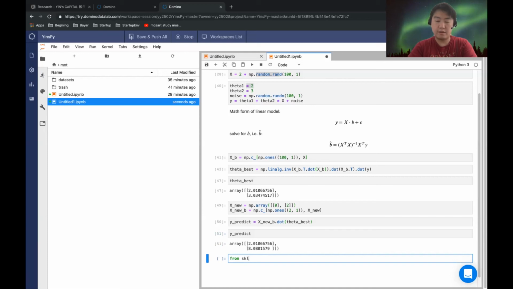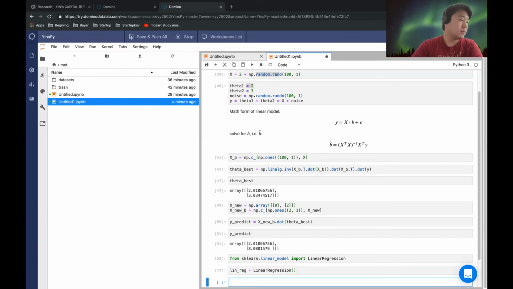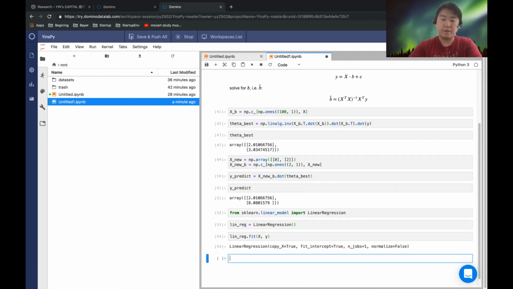So from scikit-learn, we're going to call linear model, import LinearRegression. Boom. And we're going to do a linear regression, and that's going to be LinearRegression. So we nicknamed it, and we're going to fit it. So line reg fit X, Y, and the job is done. Now we're going to check out line reg. Here we have intercept, okay, and we also want line reg